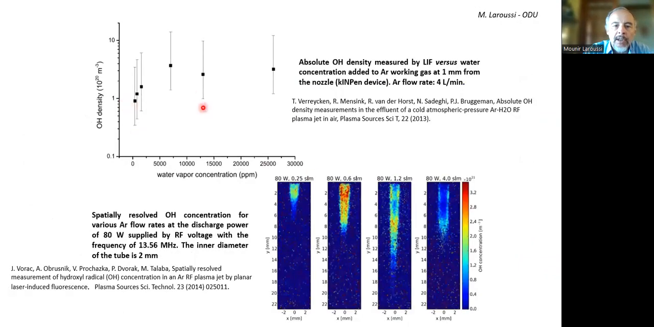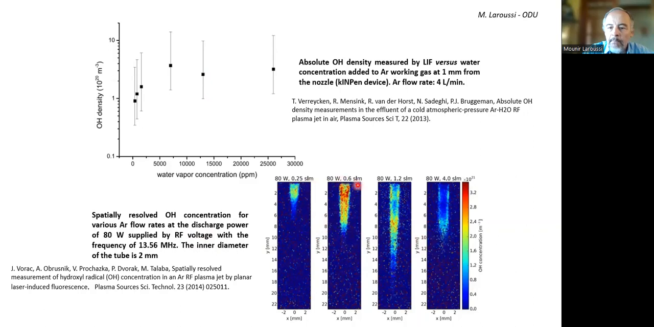This here shows the absolute OH density in a system where water vapor is introduced in a controlled way, to see the effect of water vapor on the production of OH. And this is also done using laser-induced fluorescence, and done on the kINPen, the device developed by the group in Greifswald. And here, this is a spatially resolved OH